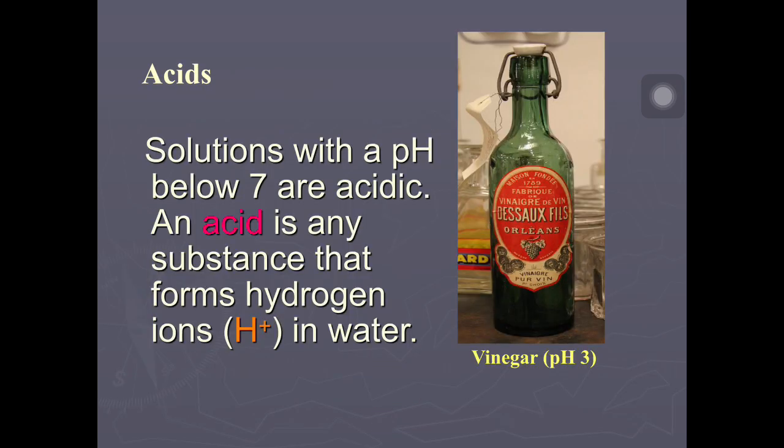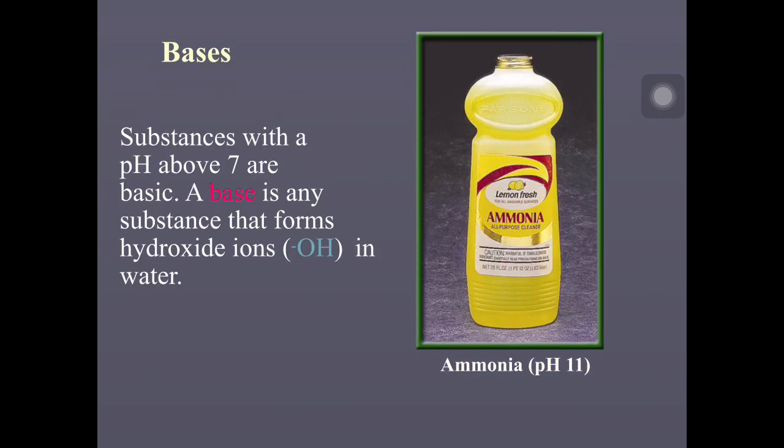We come across several acids in our day-to-day life. We even consume some of them, and one such example is vinegar. It is a diluted solution of acetic acid or ethanoic acid, and depending on the dilution has roughly a pH of 3. Ammonia solution is the most common basic solution that we come across in our day-to-day lives, and that is in the form of a cleansing agent. So the solution which you use to clean your washrooms and your floor tiles is ammonia solution, and depending on the dilution its pH is roughly about 11.